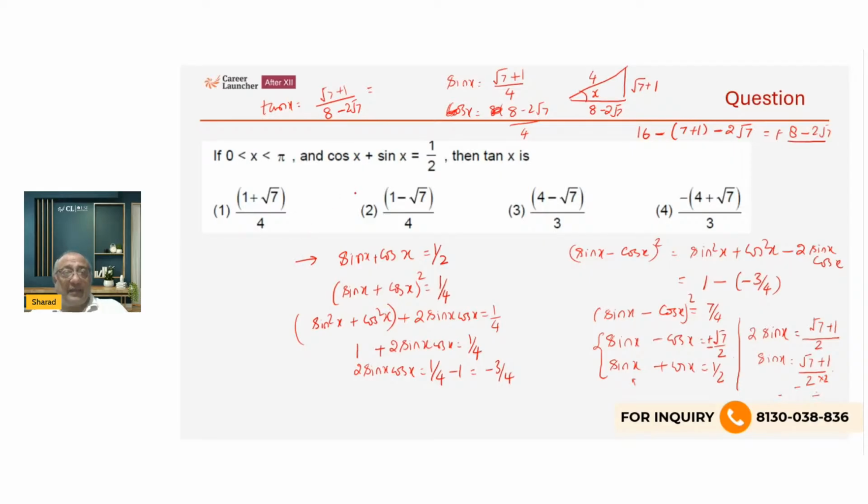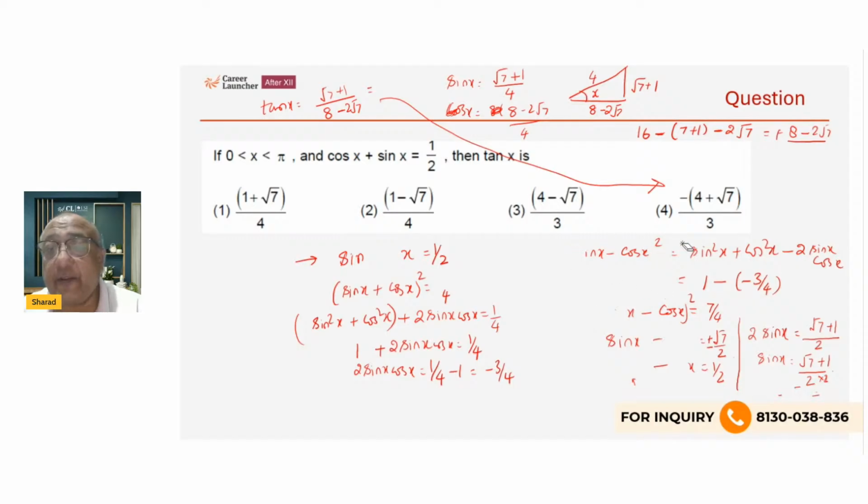Right? If I rationalize it and multiply, I'll get this answer. I have to rationalize and multiply, then I'll get this answer. But there is a shortcut way of doing it. Rather than finding out this sin x, tan x, and getting over here, I was not telling you that shortcut